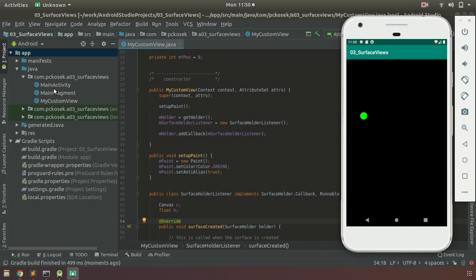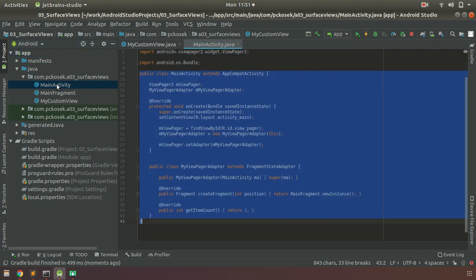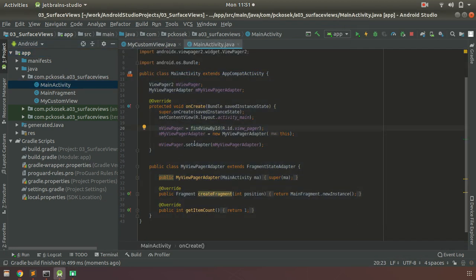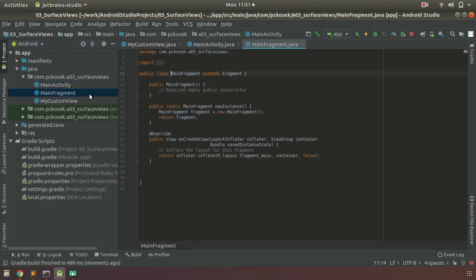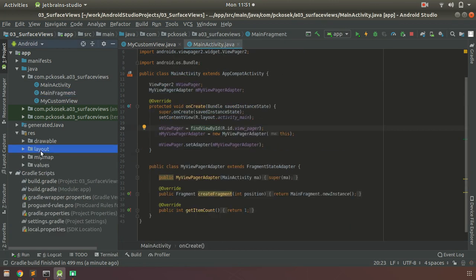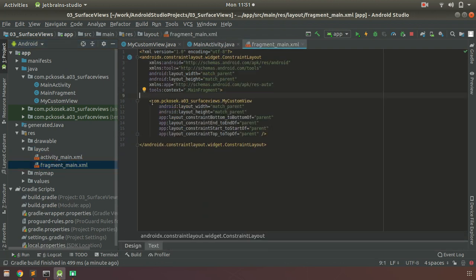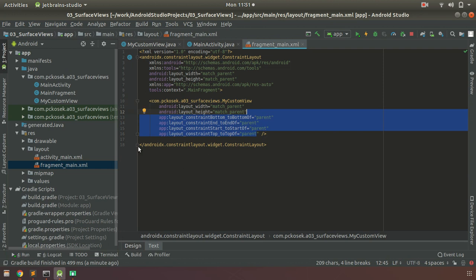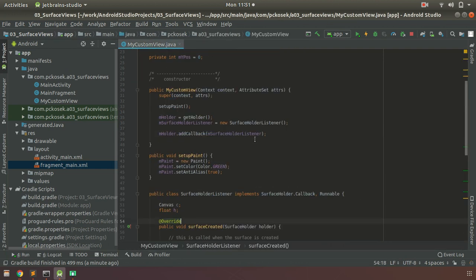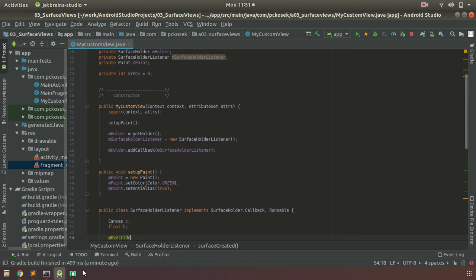There's going to be a lot that's the same in the setup from previous apps in this series. So I have my main activity. In my main activity, I used a ViewPager2 to load in a fragment. In that fragment, I had a custom fragment, and I inflated my fragment main XML. My fragment main XML, which was in my layout file, included this custom view, and my custom view filled up the size of the parent, and it was centered inside of this parent. The custom view is really where all the magic is going to take place. So we've got this green dot that's falling